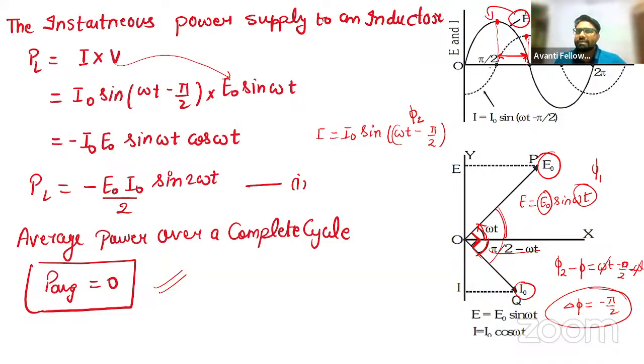E ने तो पहले ही अचीव कर लिया, करंट ने बाद में अचीव किया, कितना बाद में, पाई बाई टू एंगल, पाई बाई टू रेडियन बाद में। ठीक है, इसलिए ये वेक्टर ऐसे रोटेट करेगा, ये वेक्टर इसके पीछे पीछे ऐसे रोटेट करेगा विद अ फेज डिफरेंस ऑफ 90 डिग्री। ठीक है, सो एवरेज पावर ओवर अ कंप्लीट साइकिल इन इंडक्टिव सर्किट इज जीरो। ठीक है, तो जितनी भी पावर ये कंज्यूम करता है, सारी की सारी पावर रिटर्न कर देता है बाद में।